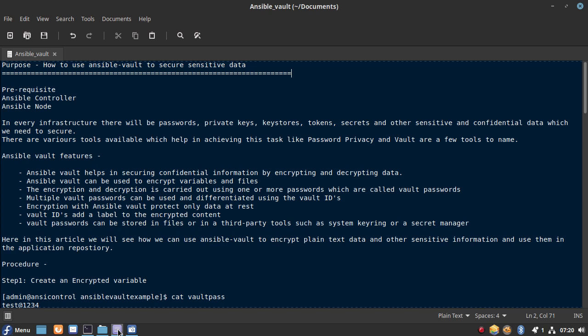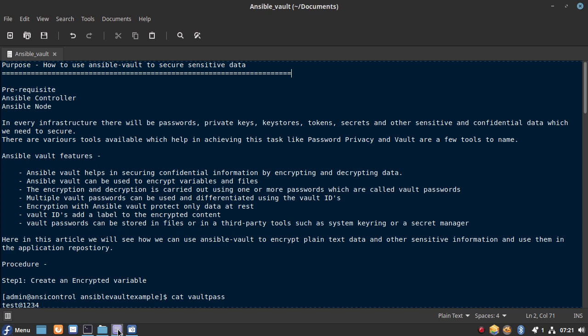All these are data which our application uses, but these need to be secured. So we cannot use them in a plain text format in our application, and we cannot directly check them into any repository, because that will have a major impact on our application, because all these secrets will be visible to the whole world.